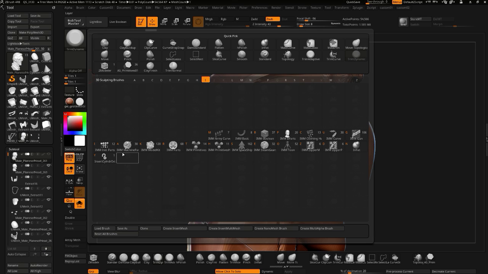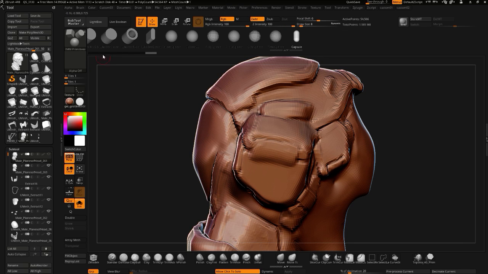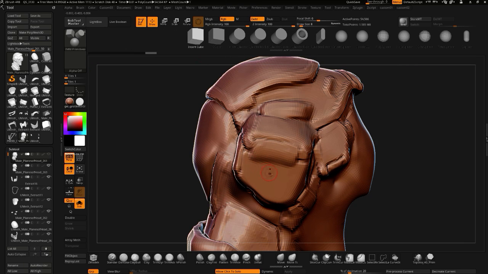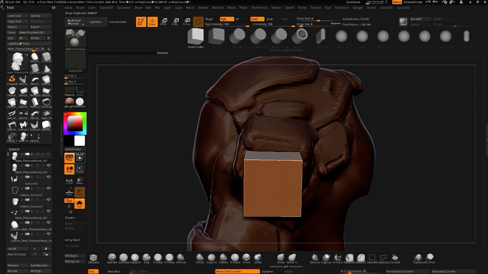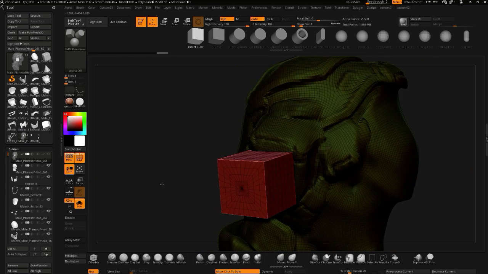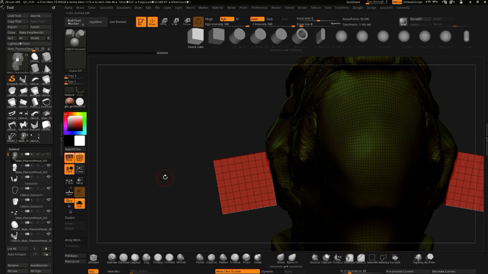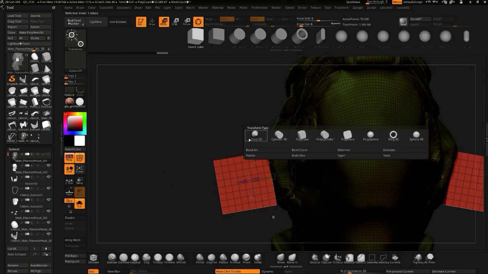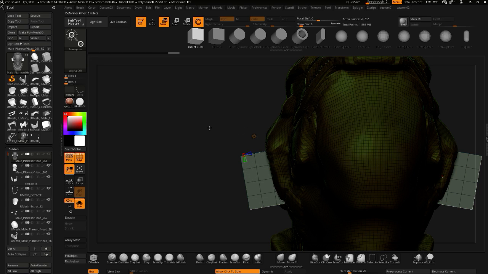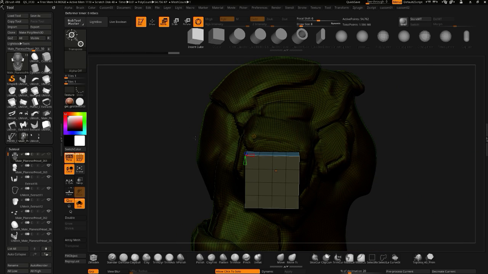And I'll use the new insert primitives brush, which is right here. And we're gonna use a box. Let's look at it, and you can see the topology on it is not optimal, which is fine. We can always replace it with this nice shiny thing. Okay, so